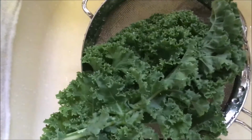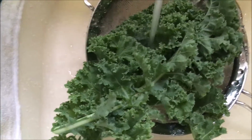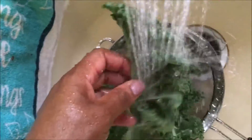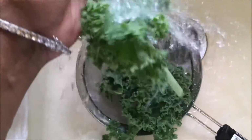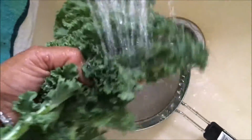I'm going to wash these leaves thoroughly in cold water. I'm washing the leaves off thoroughly in cold water first, and then I'm going to strip the leaves and dice them or tear them up. It doesn't have to be perfect because it's going into the Nutribullet. But the idea is to wash the leaves